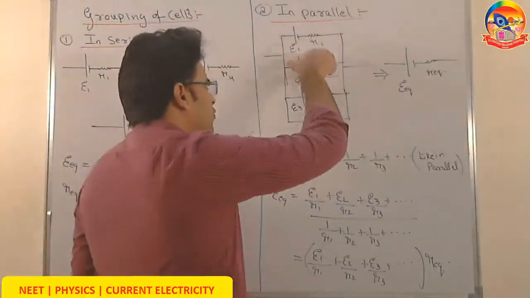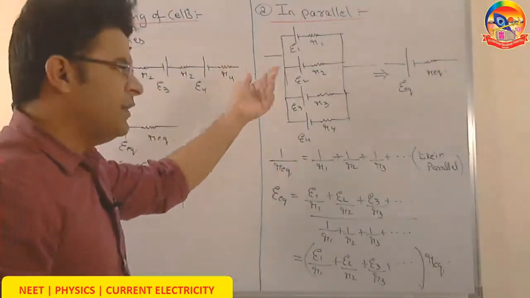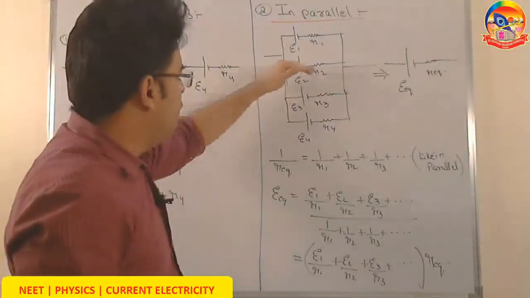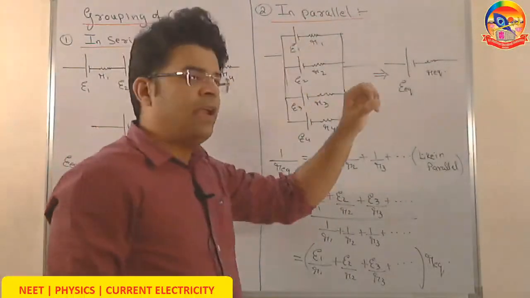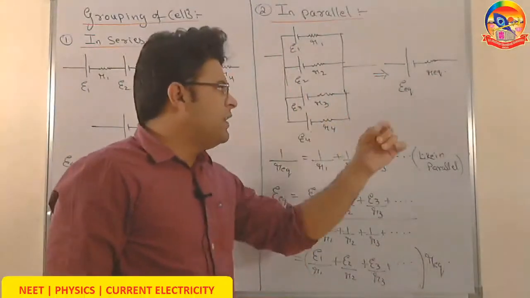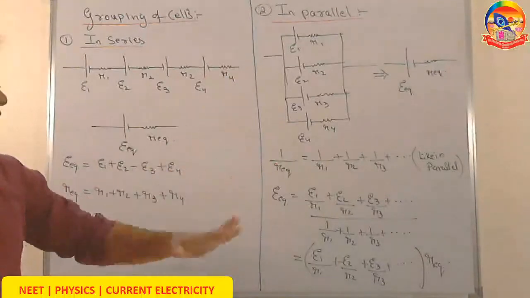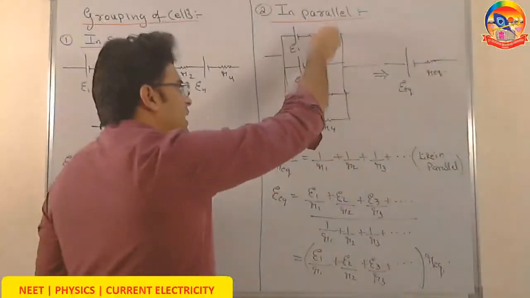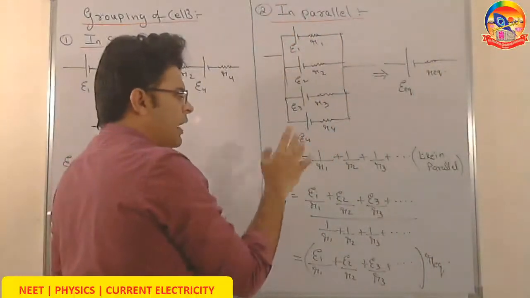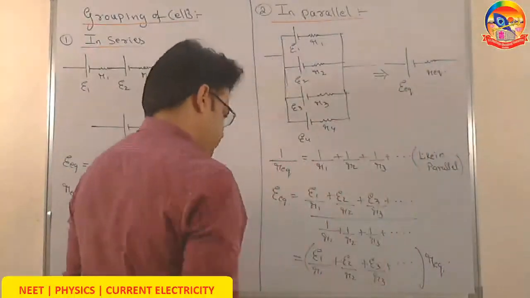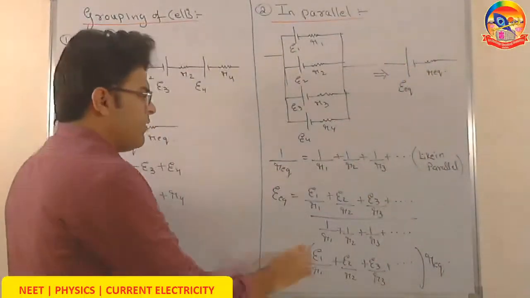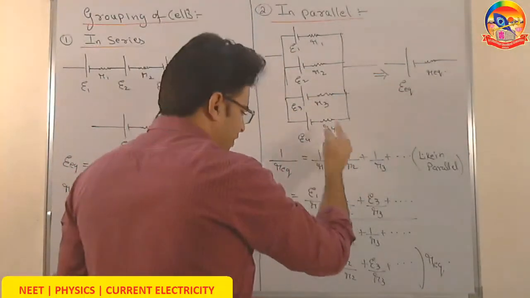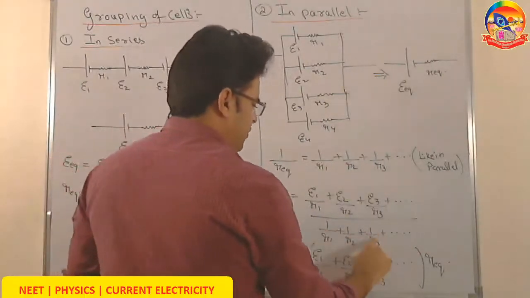Now, let's say we have got batteries in parallel rather than in series. So if we have got multiple batteries of EMF E1, E2, E3, E4, internal resistance R1, R2, R3, R4 connected in parallel, and we want to replace them all and place only one single battery of EMF E equivalent having internal resistance R equivalent, then what to do? The R equivalent is exactly like that of resistances in parallel. So 1 upon R equivalent equals 1 by R1 plus 1 by R2 plus 1 by R3 and so on. The EMF equivalent comes out to be E1 by R1 plus E2 by R2 plus E3 by R3 plus E4 by R4, upon 1 by R1 plus 1 by R2 plus 1 by R3 and so on.